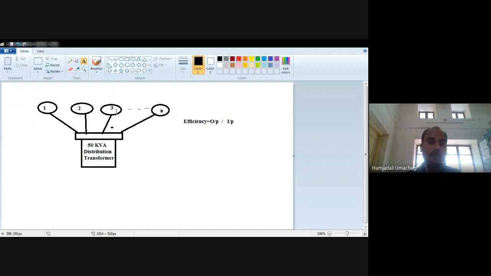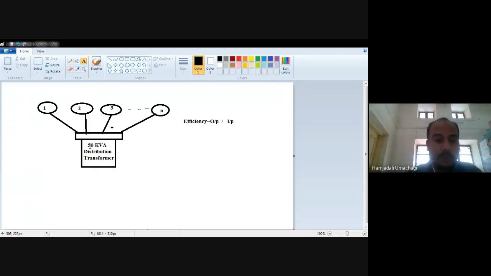Consumer number 3, as I told you, is a small office where they are going to use the power only during daytime, and during the night time it will be completely off. So the usage of the power is completely changing from one consumer to another. All the time they are not using the power supply completely. If 50 kVA is the capacity of this distribution transformer, they are not using that much power, it all depends upon the consumer.